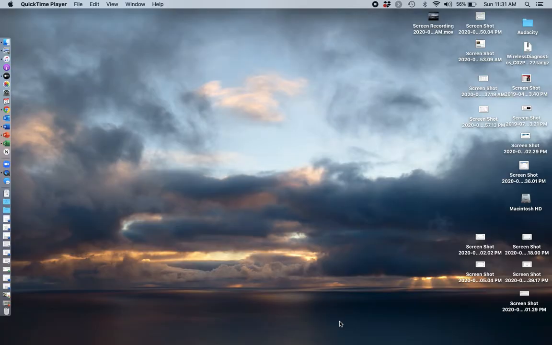Now, to get it exactly how you want it, you might have to do a couple of takes, right? But you won't have to mess with any video editors like iMovie or anything like that. So you can just record it and then be done. All right? So the number one thing that you need in order to do this is you need to be